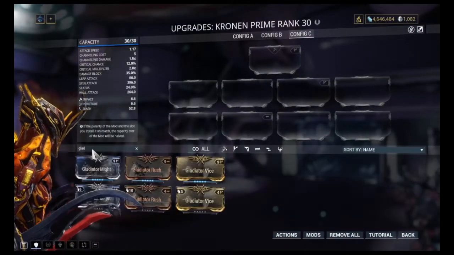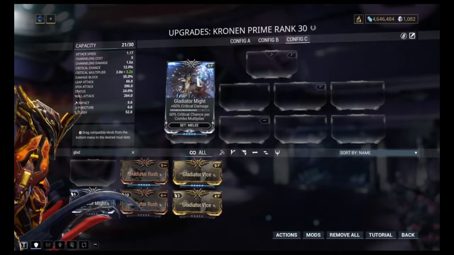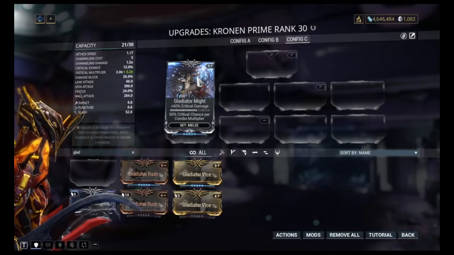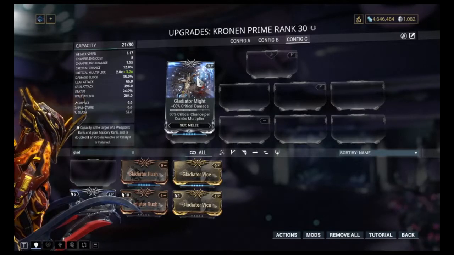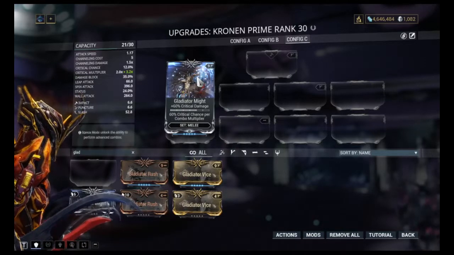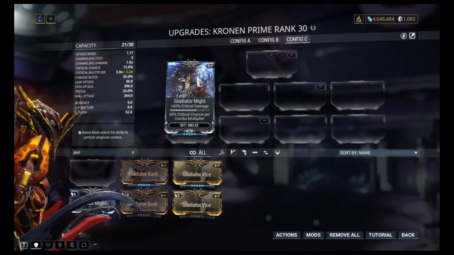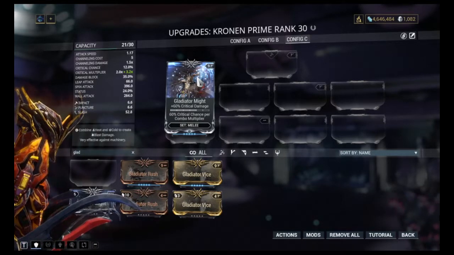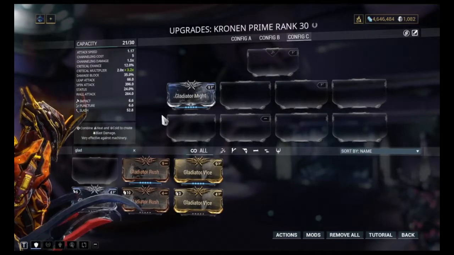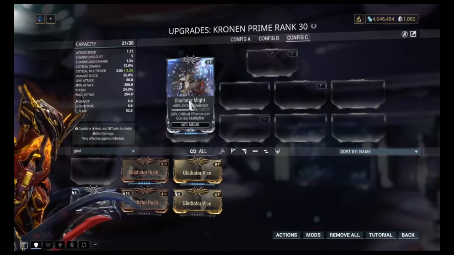And Gladiator. We'll start with Might, since it's right there. Might provides 60% crit damage. I think that this is too low even with the crit chance bonus. And from my own personal experience, it may be different with yours, I find that melee weapons have so much going on that you probably will not have space to put Gladiator Might,